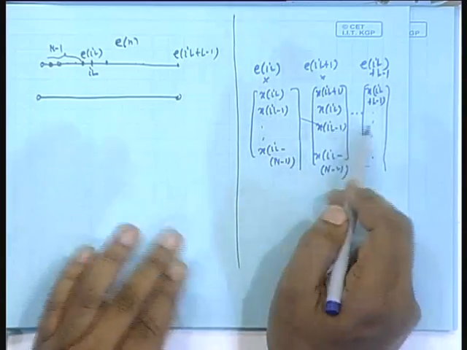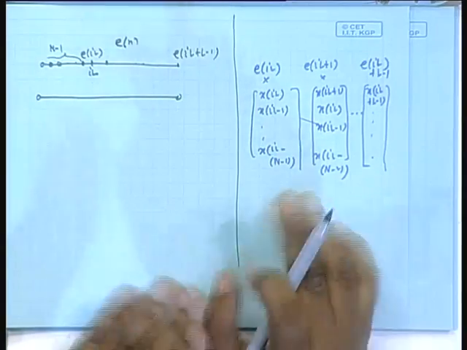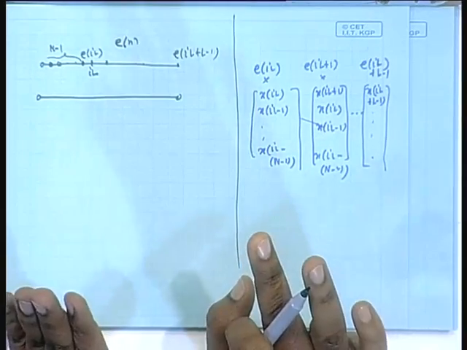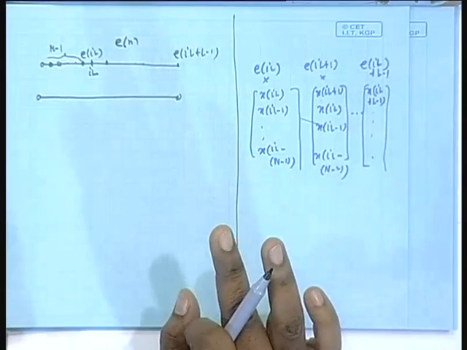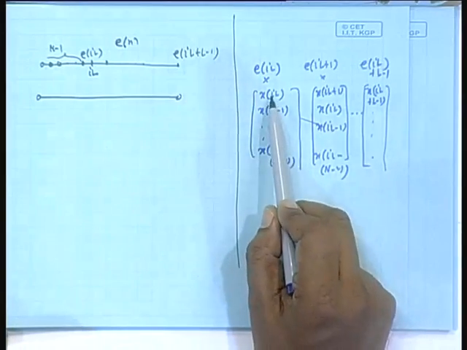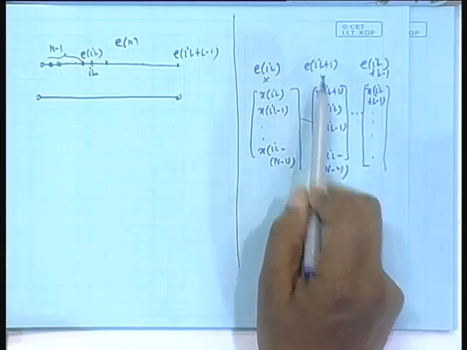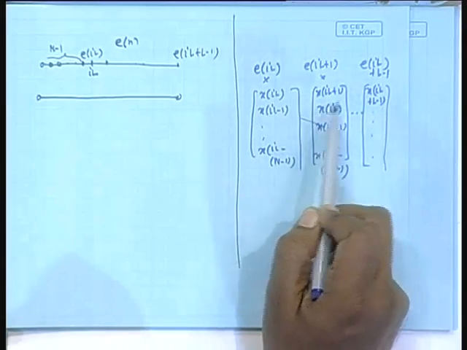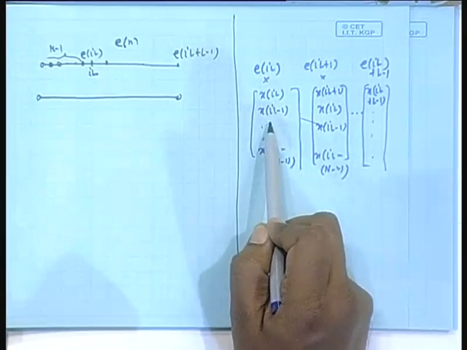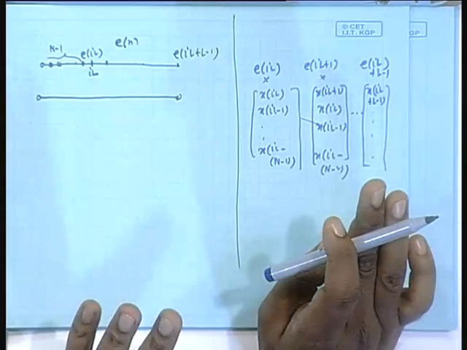So, I will be multiplying these vectors by those E values and then add, that is the theory, and then I will get a resulting vector. That is what I have to do in the weight update computation, that is my main job. First, I am considering only the first entry of that resulting vector. How will that come? E_iL into X_iL, E_iL+1 into X_iL+1 dot dot dot added. Next will be E_iL into X_iL-1, E_iL+1 into X_iL dot dot dot added.